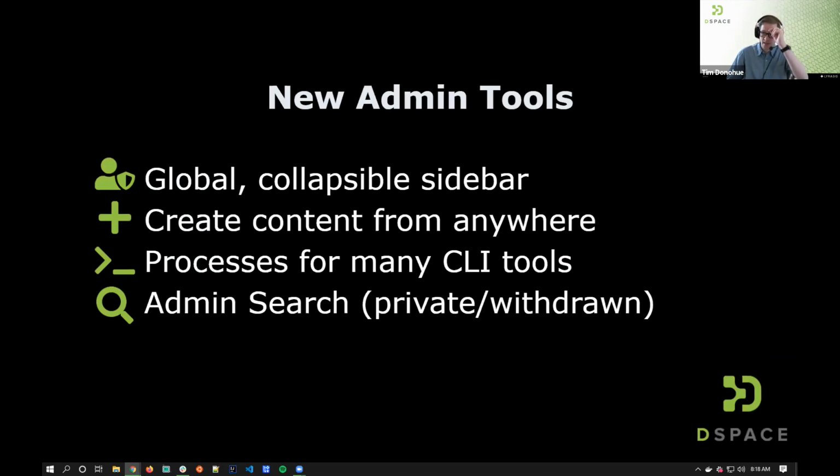But next, I do want to note more on the admin tools, because we did a lot of enhancements on administrative tools, specifically within the admin UI. In this demo, you're going to see that we have the global collapsible sidebar, which is not only available for administrators, but also for anyone with special permissions within the application. So anytime you want to do something at more of a global level,